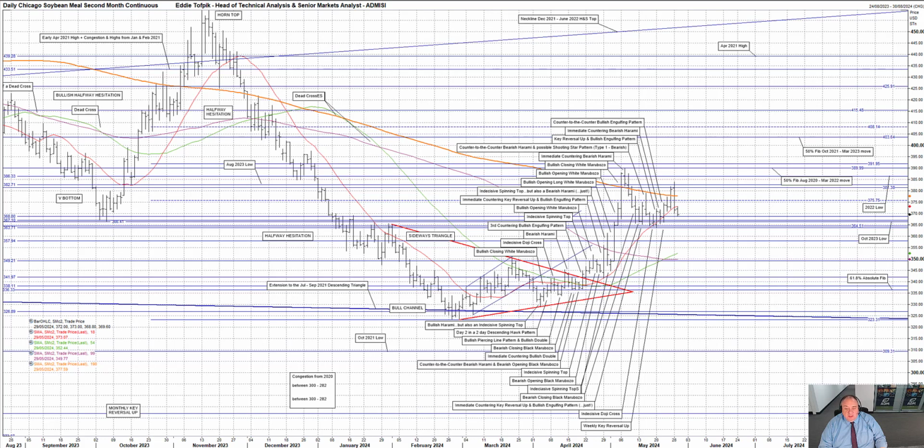Much like crude oil, here there are bigger forces at play than just the weekly patterns, specifically the declining long-moving average, currently at 377.60, and the 50% Fibonacci line at 390 even. I also cover soybean meal and the whole soybean complex more fully in my weekly commentary out last Thursday, with this week's new edition out tomorrow.